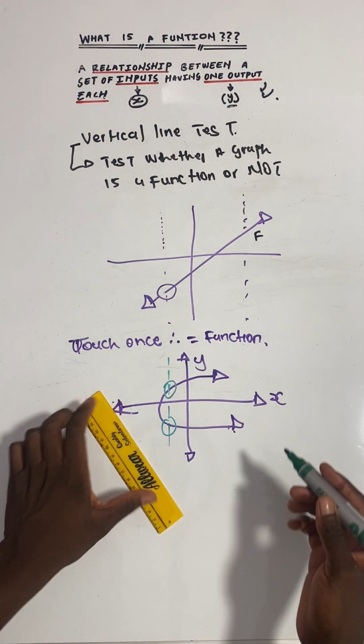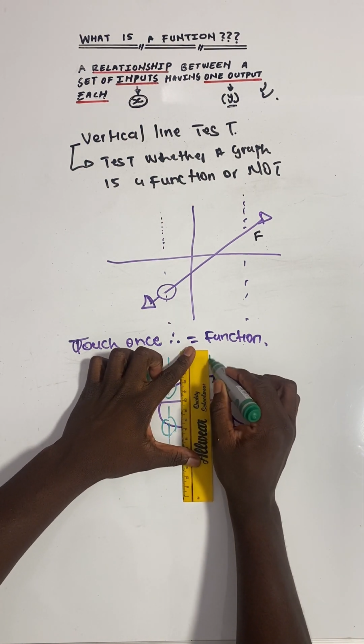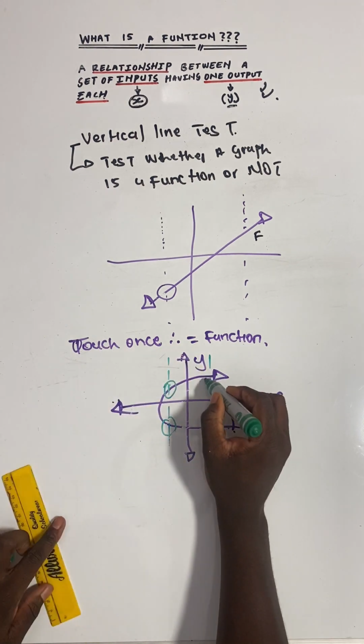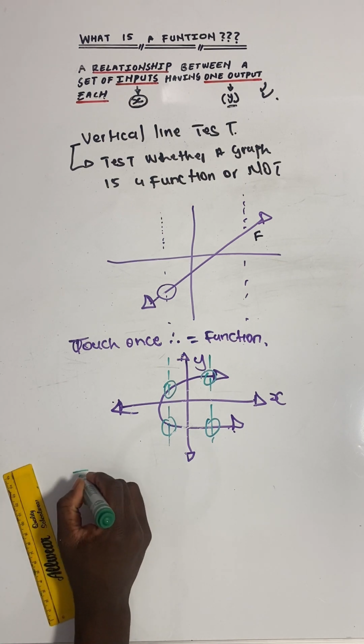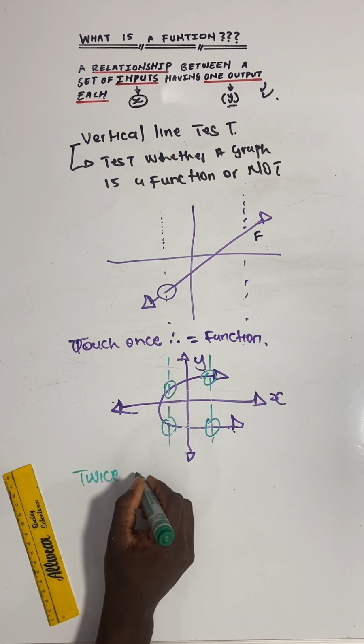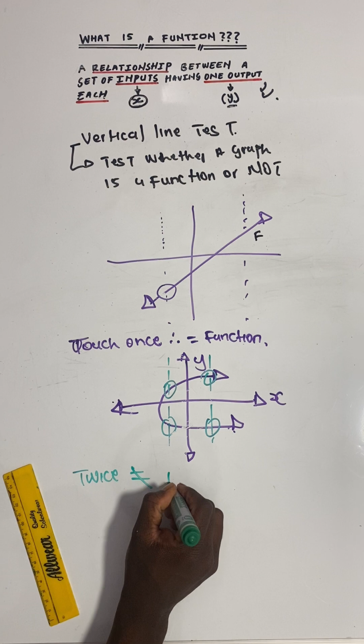Now let us move to the right. We check again, the right, it's also passing how many times? Twice at this point here. So it means that if it touches twice, therefore it is not a function,